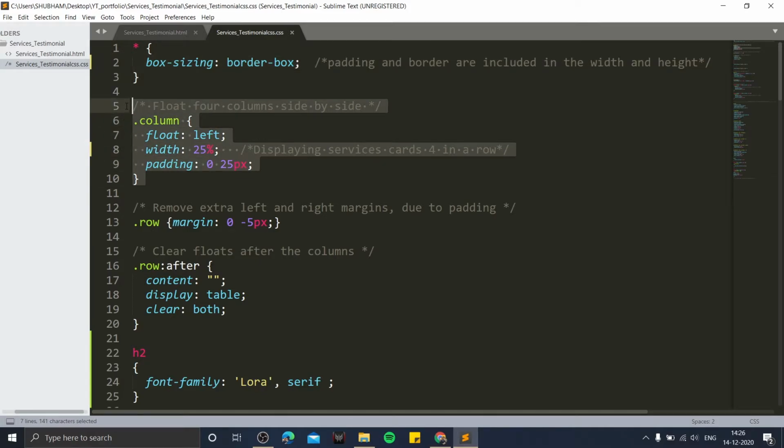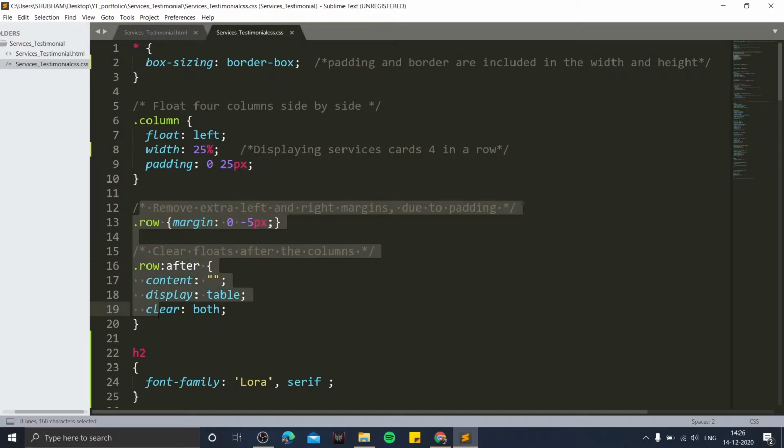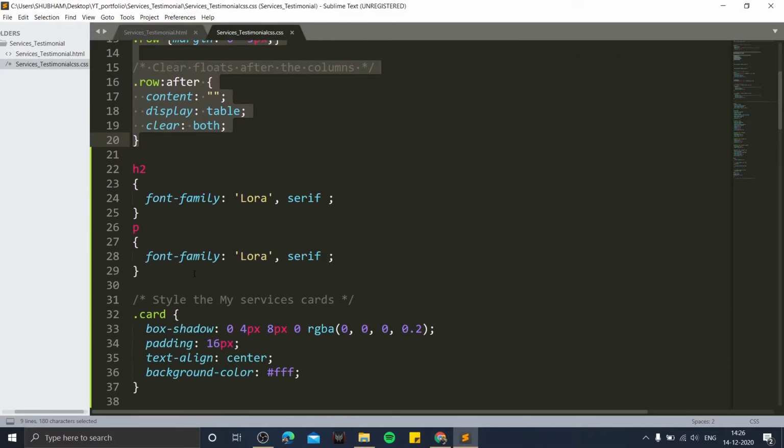Up next, to style our columns, we have floated our columns side by side and given a width of 25% each to properly display all 4 of them in a row. To remove sideways margin and clear floats after the columns, we style our row division. Next, you can observe we have styled our heading, that is the h2 tag, and the paragraph tag with the font-family property.